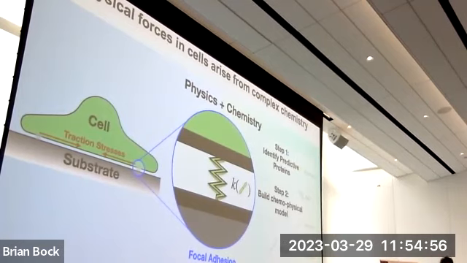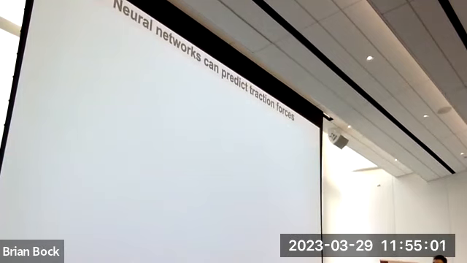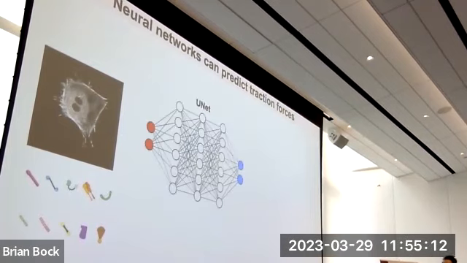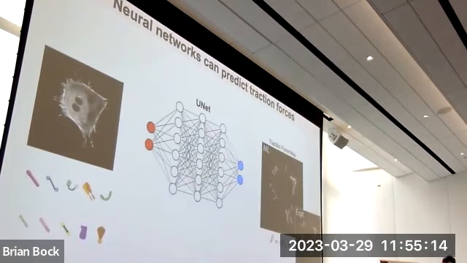Okay? The first step is the protein force microscope. So what we've done is we've taken lots of images, thousands of images of fluorescent proteins, all of the ones that our experimental friends suspect are implicated in this process. And then we trained a neural net using experimental images of the forces to predict, on a new batch of data it has never seen, what the traction force maps are. As you can see by comparing these two images, this is a pretty stunning agreement.